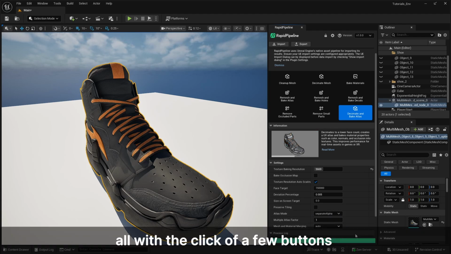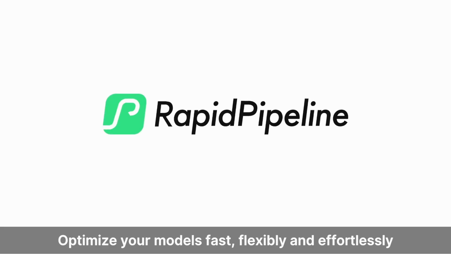a few buttons. Optimize your models fast, flexibly, and effortlessly with